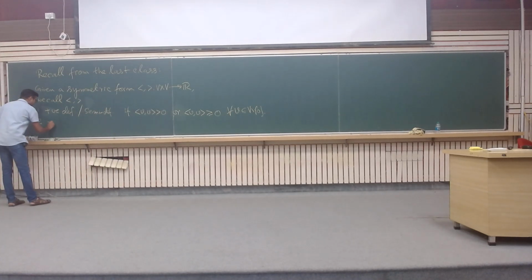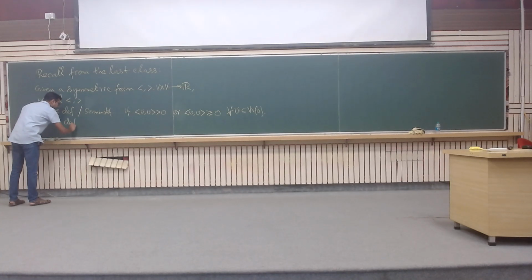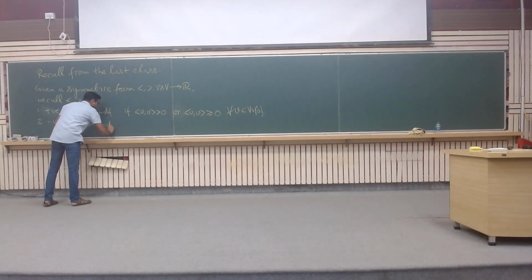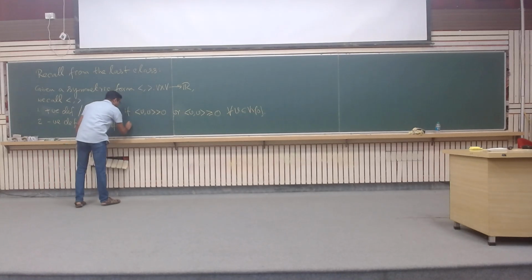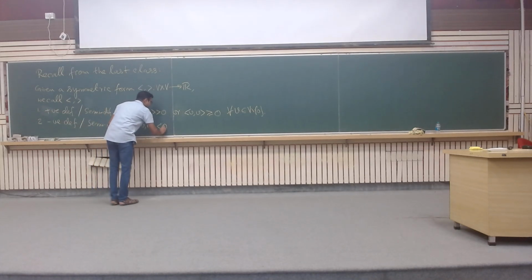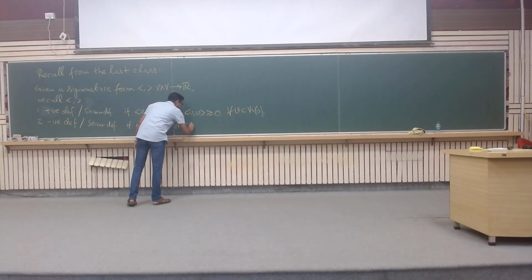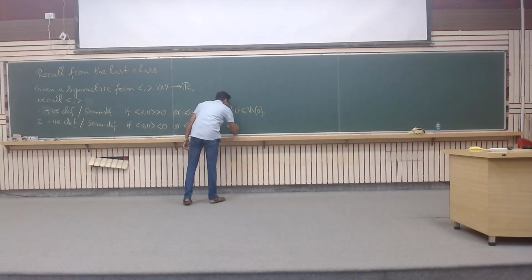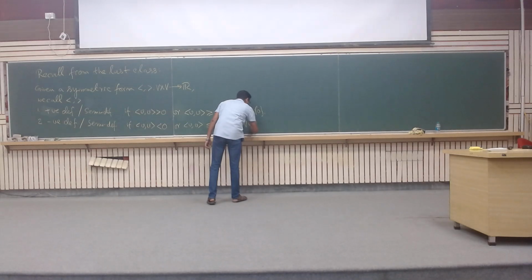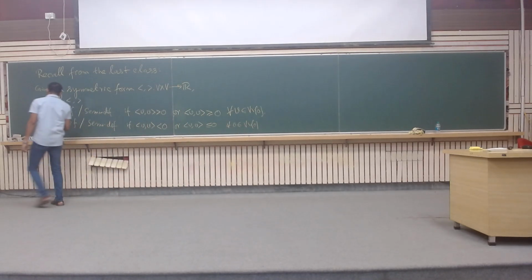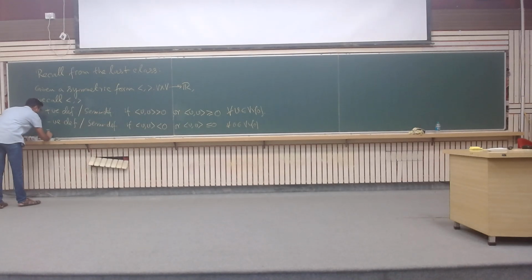Second is negative definite or negative semi definite if (v,v) is less than 0 or (v,v) is less than or equal to 0, again for all v in V minus 0. Okay, and then third, indefinite